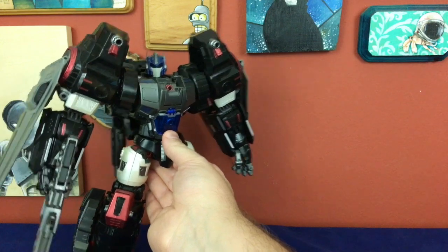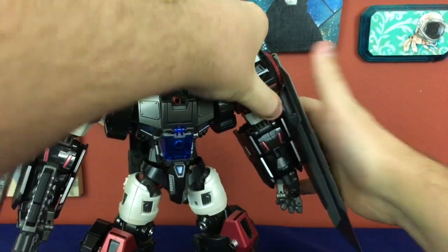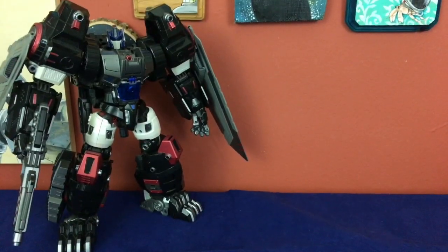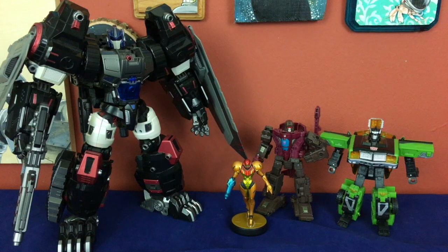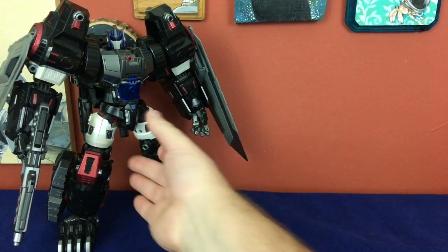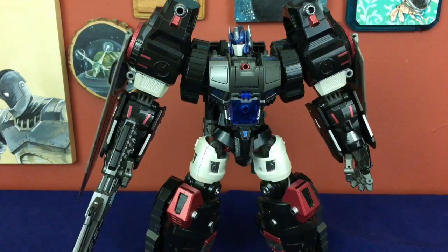Okay, let's... these wings get in the way. There we go. Get this guy properly situated for our size comparisons. Here he is with the standard-ish deluxe crew, and yeah, he's very big. I appreciate it though. He's big and chunky, and it's just so good. I love this figure. And here he is with the duck tank. So I do believe that is going to do it for Perfect Effects PE